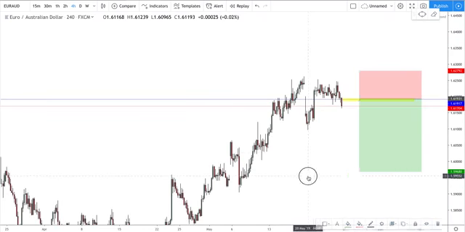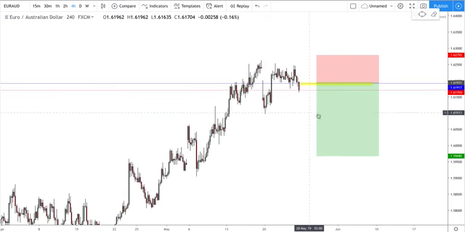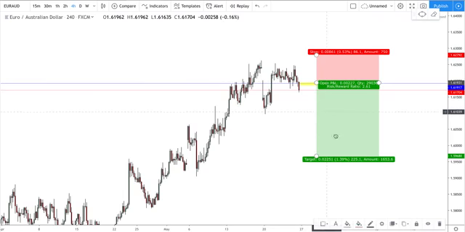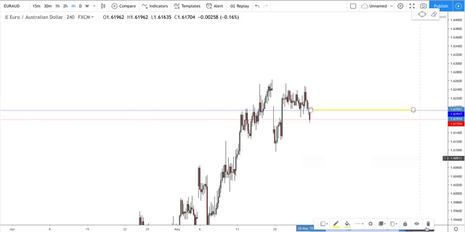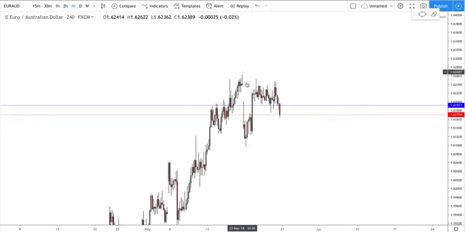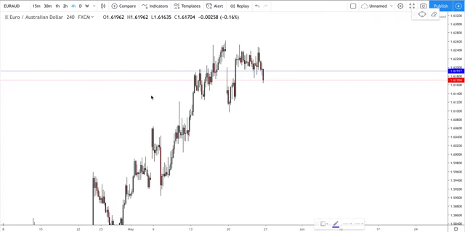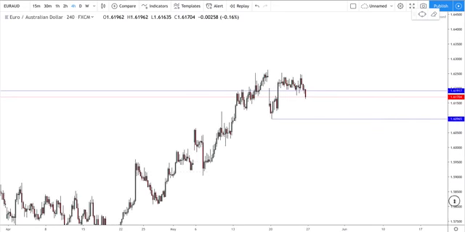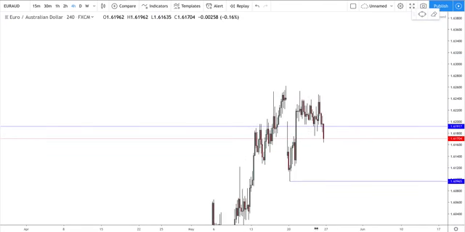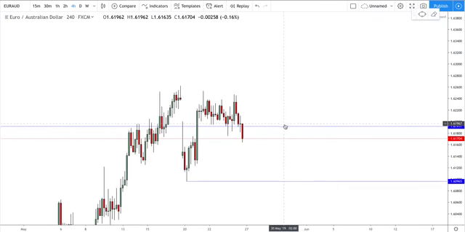I'm going to keep an eye on this pair. But yeah, I do like Euro AUD short. So obviously use that along with your own trading. If you find your own entry, then fine. But yeah, I will be looking out for a short trade on this. I do think that we're going to come lower. We're going to come down and test this level here, and then come down even lower after that. So I'll keep you updated on that. But look for a retest of this support level of 1.6190.